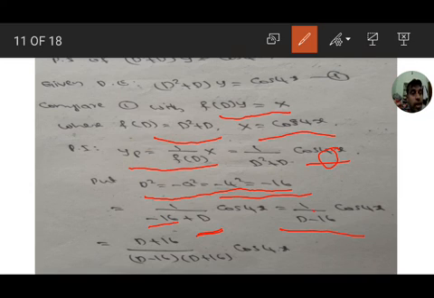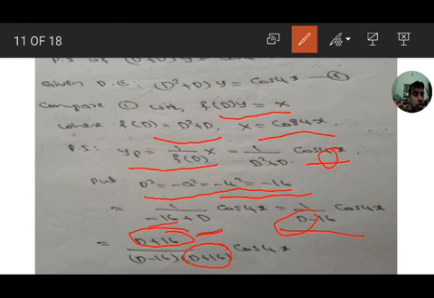Means if you substitute here in this problem the D square value, we are again getting D term. In the previous problem there were no D terms, it was directly the answer, but here we have D. So we have to convert this D minus 16 into a D square term. How? By rationalizing. So rationalizing D minus 16 means multiplying numerator and denominator with D plus 16. D plus 16 by D minus 16 into D plus 16 cos 4x.